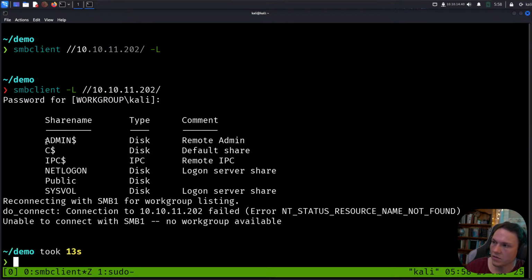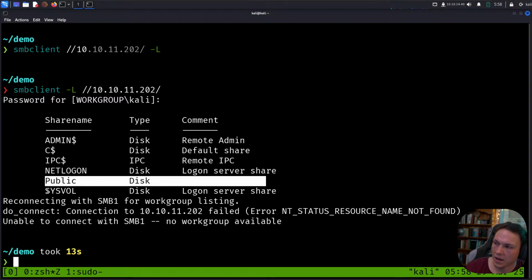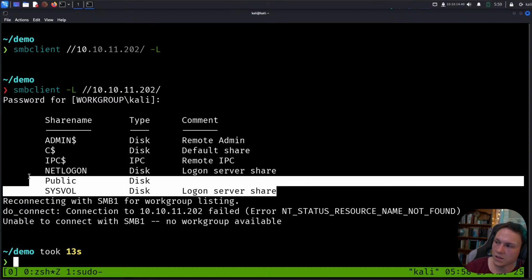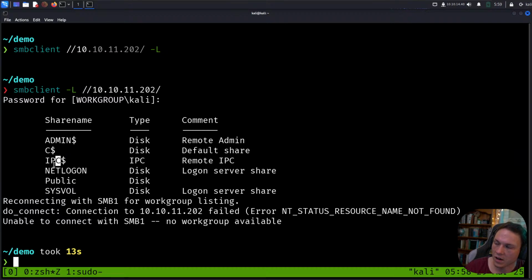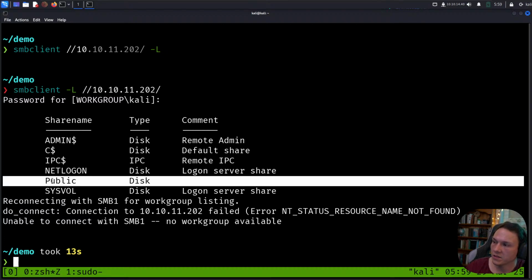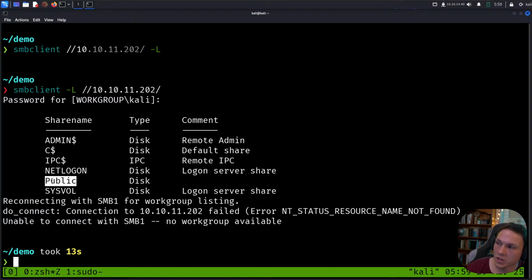And we have our shares. So we have an admin share, C drive, IPC, netlogon, and a different share here called public, and your typical sysvol. So we know that this is most likely a domain controller from sysvol, IPC, and netlogon, but the public share is what we are interested in, because this is an open share that we may be able to see and read. We could check with netexec